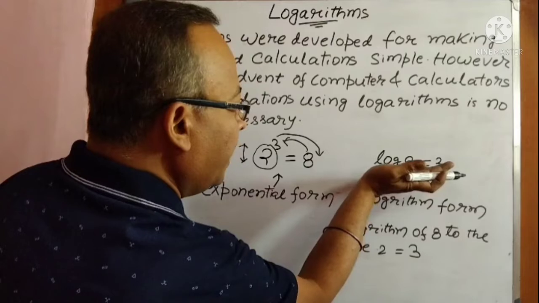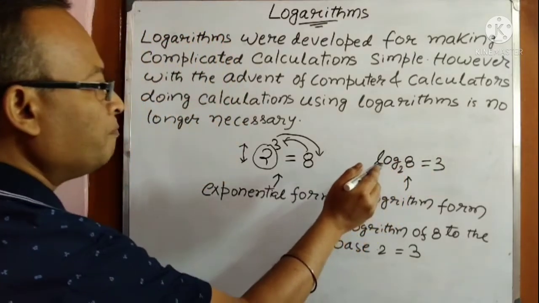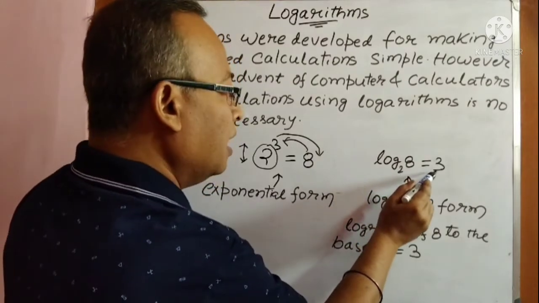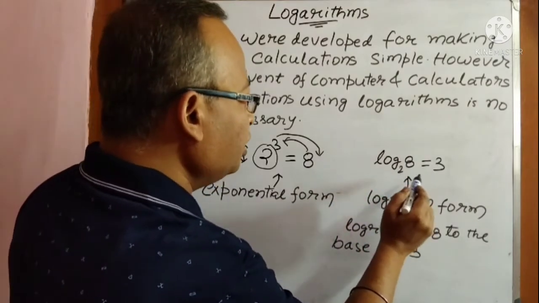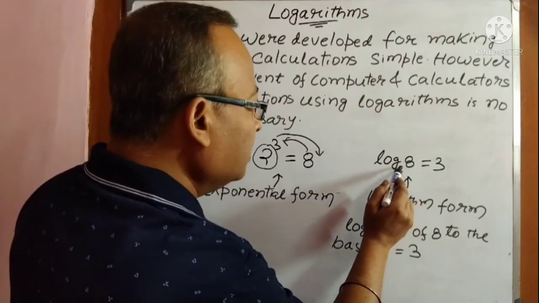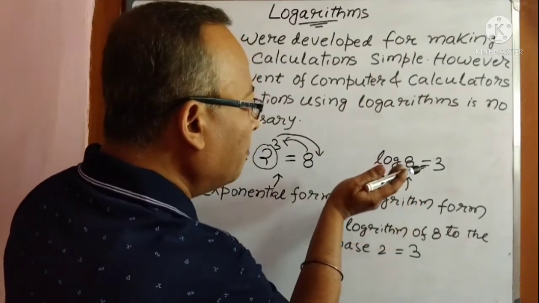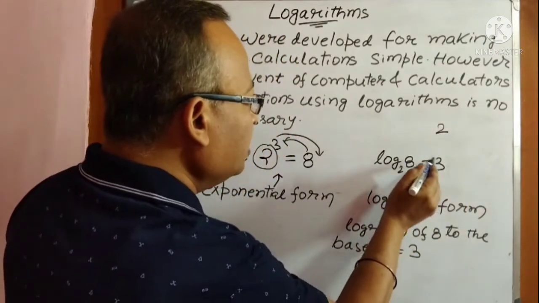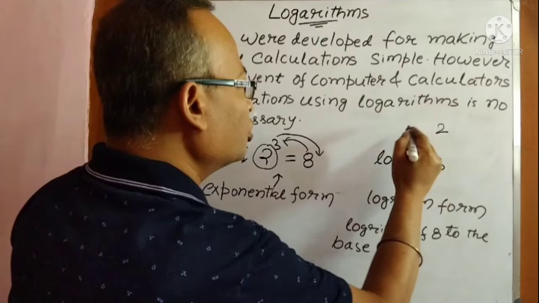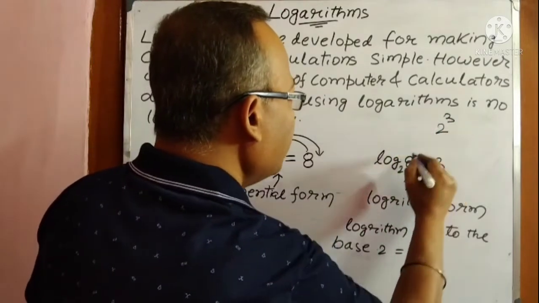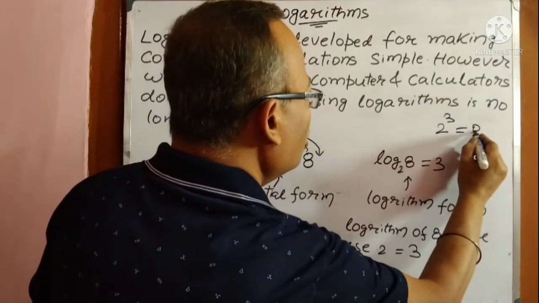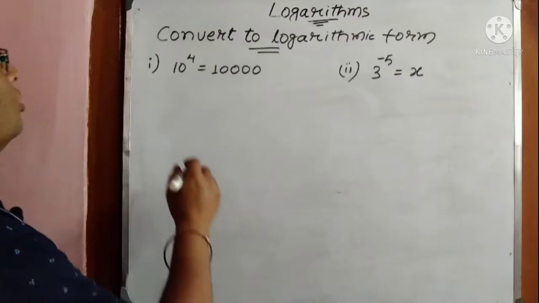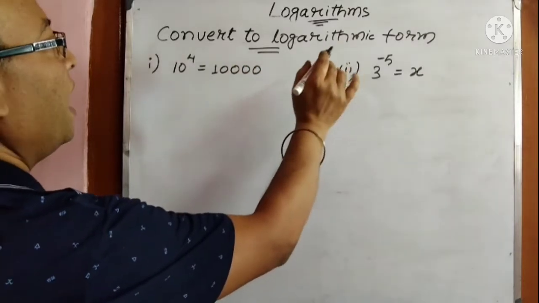Now in order to change into exponential form, like how? Suppose this is only given, log 8 to the base 2 is equal to 3. So exponential form, what I told you, this will just shift up. So write like this, 2. And I have told you these will interchange their position. So 3 will come this side, and 8 will go there. So 2 to the power 3 is equal to 8. See, this is the exponential form.